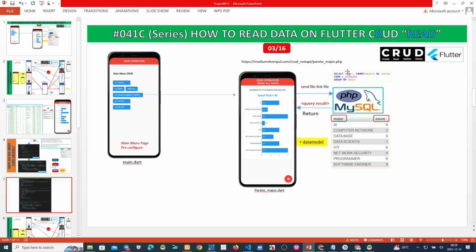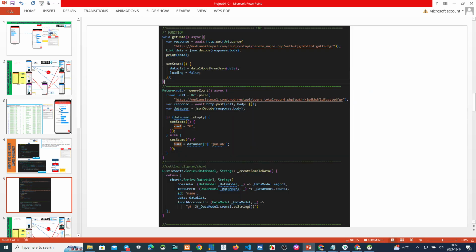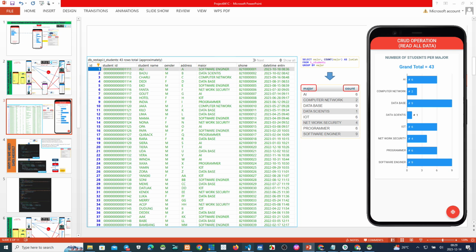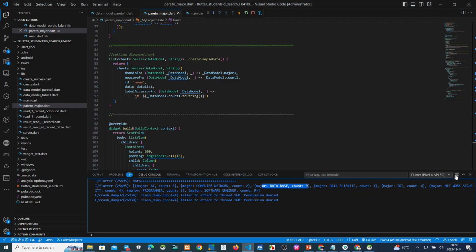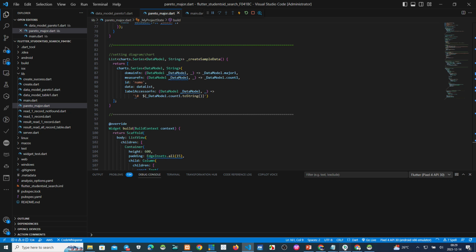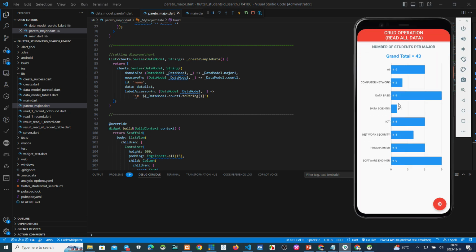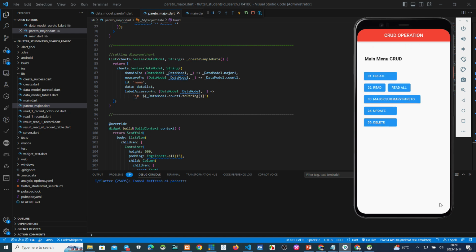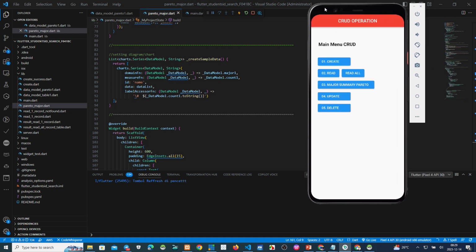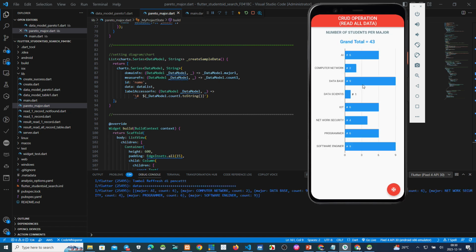Now, before we write the code, we show you a demonstration. If we want to show the Pareto chart, click this.